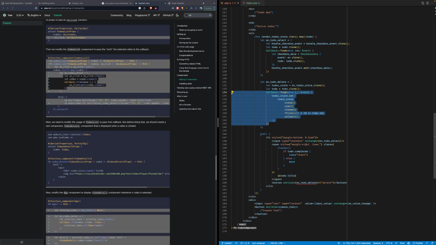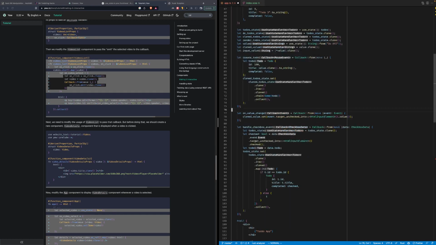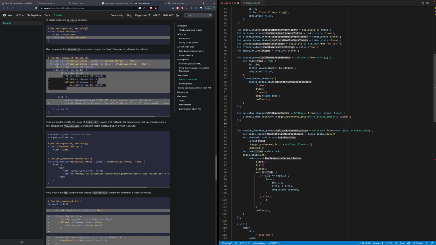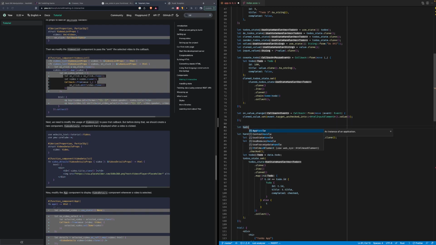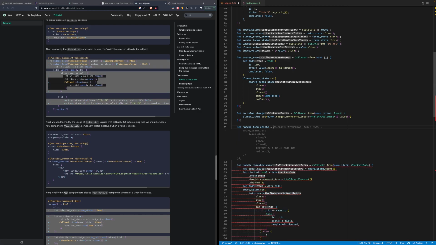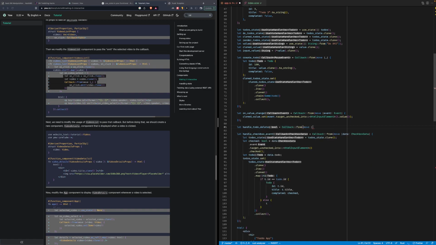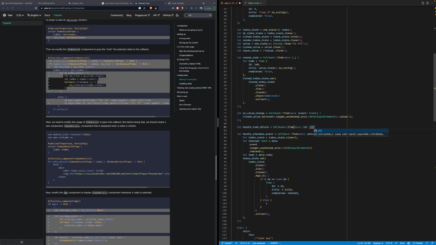So we just need the ID, right? So let's try to do something similar to what we did before. Let handle TODO delete. And we are going to do something like, since we just need ID, we could just rely on ID for deleting a specific TODO.